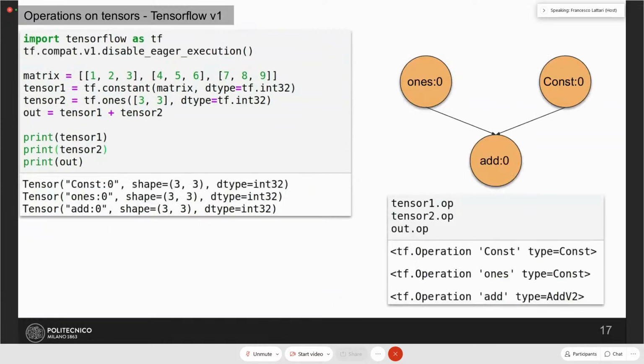Just a note on the TensorFlow version. If you are familiar with TensorFlow 1, it was based on graph execution. So when you, for example, create a tensor and perform operations on it, you were actually creating nodes of a graph. For example, if I create tensor 1 and tensor 2,